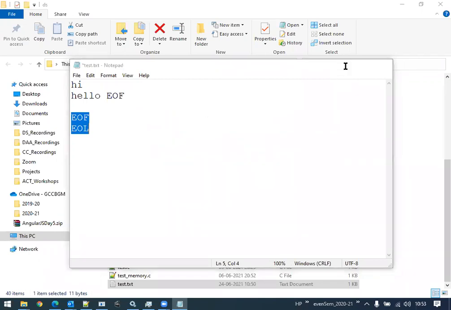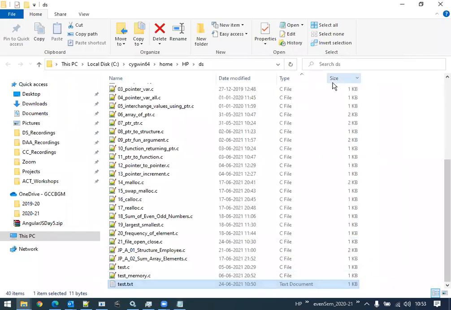Okay. Enter your attendance, students. In tomorrow's class, we will discuss how we can make use of these getc and putc. I will give you a simple demonstration on getc and putc, and then I will move on to the next set of functions, that is getw and putw, followed by fprintf and fscanf.